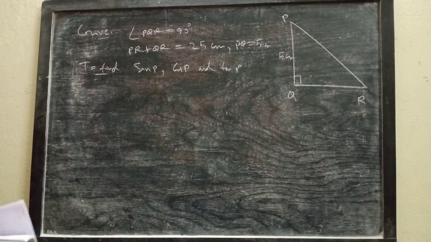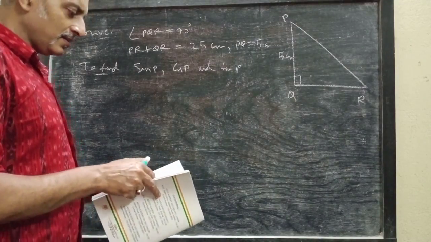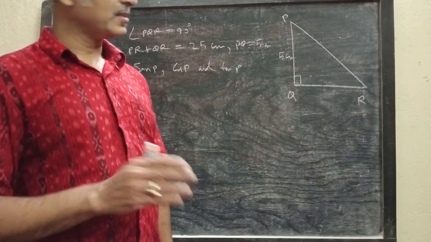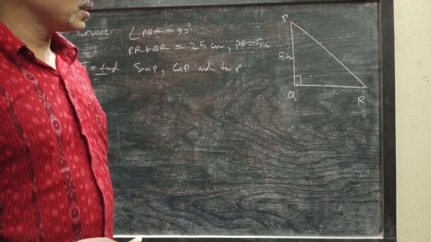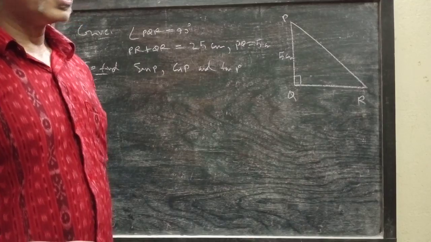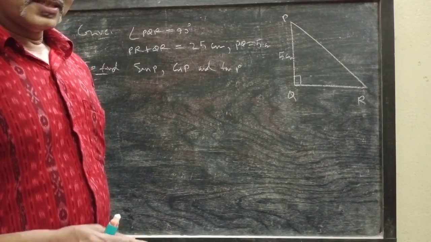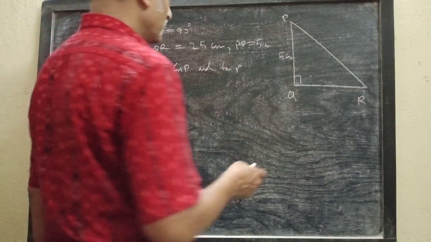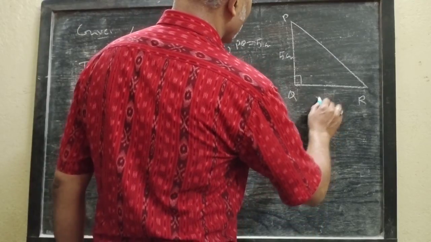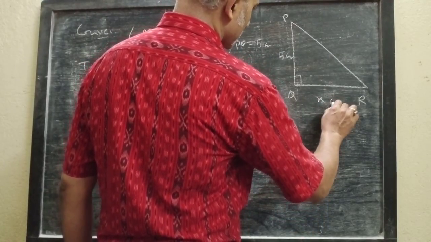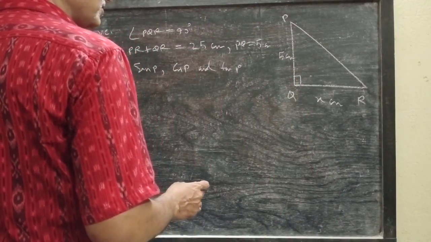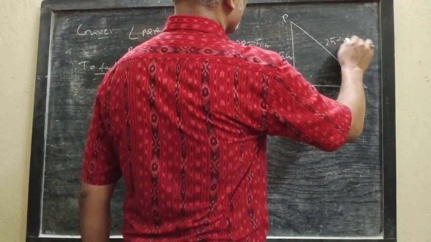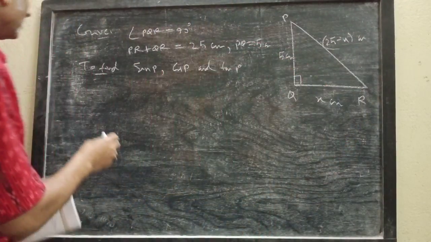Let QR be x centimeter. So one thing let me mention here. Now I am solving this problem in this way, but it has a simpler solution in future, after learning the identities. Now I am solving the longer process. Let QR be x centimeter because we don't know those identities till now. Then your PR will be 25 minus x centimeter. Solution.